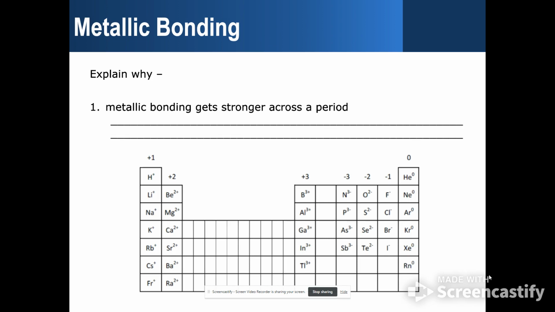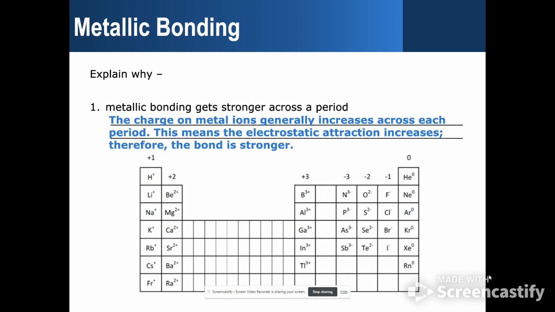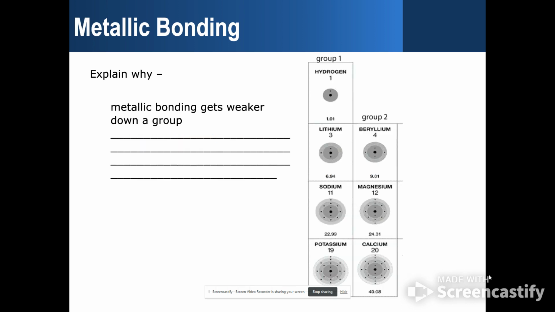Across a period, the metallic bond gets stronger. If you look at the charges, we've gone from +1 to +2 to +3. This means we're going to get stronger electrostatic attraction, and therefore the bond is going to be stronger. So the charge increases across a period, meaning stronger electrostatic attraction and therefore stronger bonds. This would mean a higher melting and boiling point the greater the charge on the metal ion. Down a group,